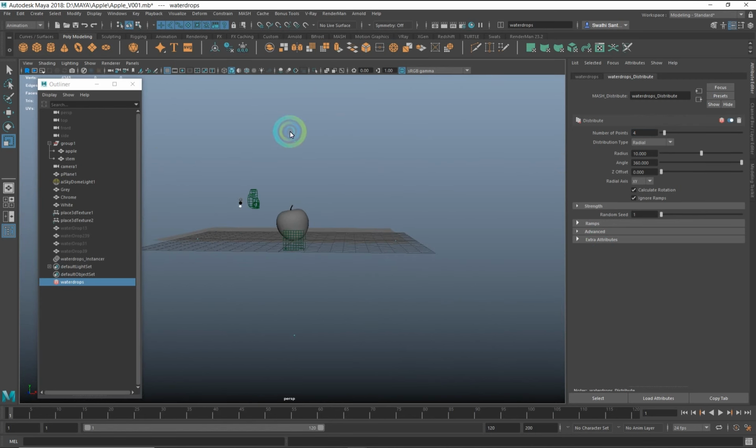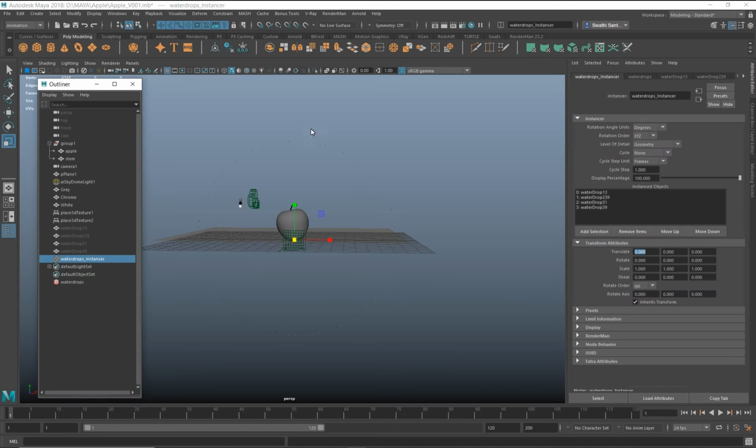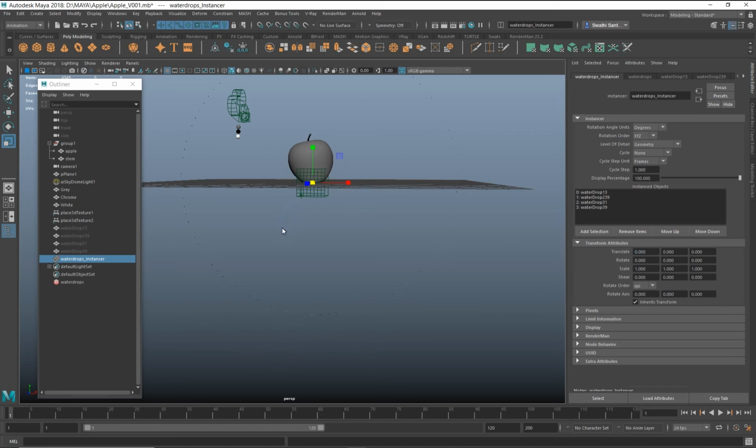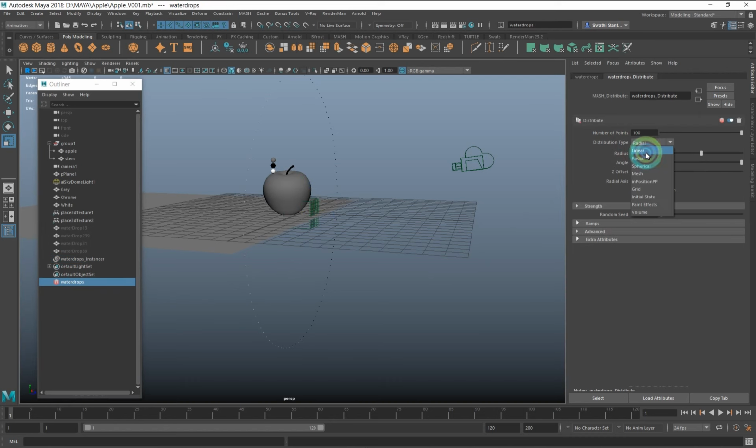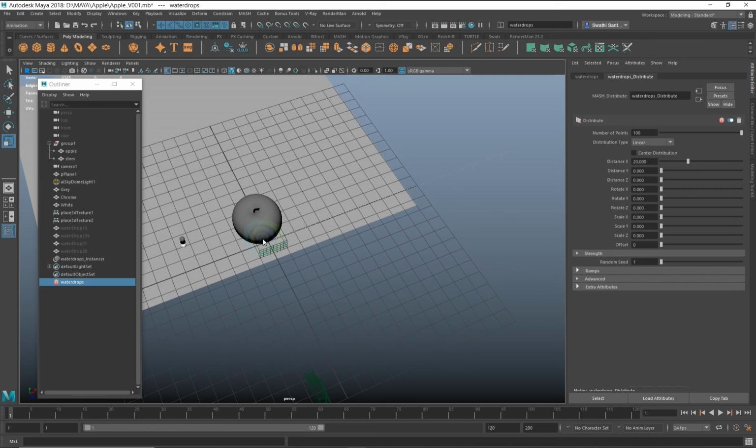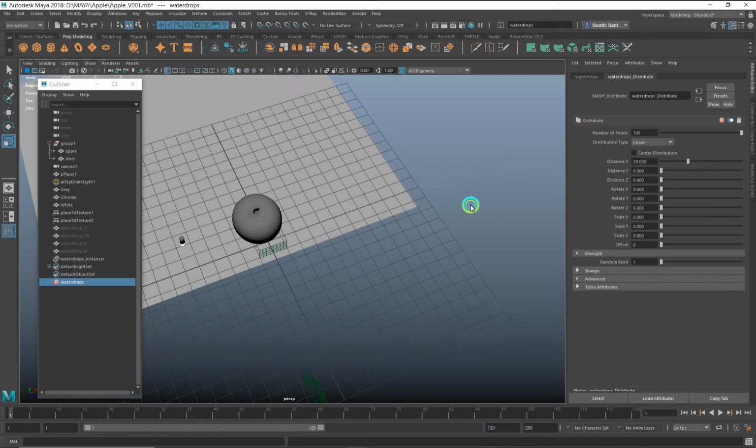By default, we can see the instancer is creating 4 copies or instances, and the distribution type is variable. So if we increase this, we can see it's creating the instances as a circle. And if we change the distribution type to linear, the instancing changes into a line.